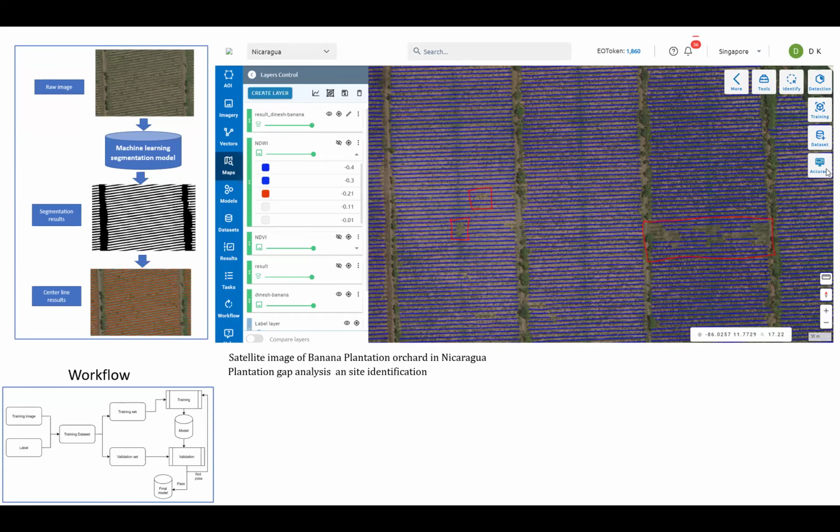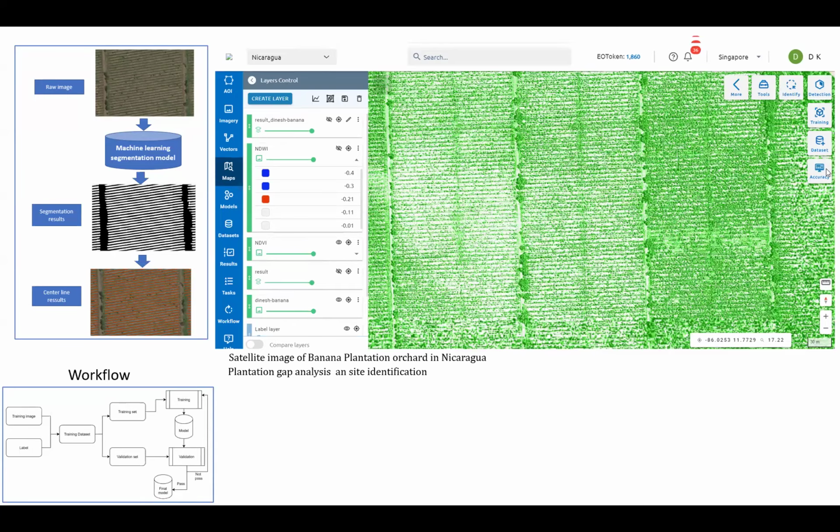The second information is the performance. What we have done is the vegetative index analysis, that is the normalized differential vegetative index, NDVI. When we run the NDVI, we can see that in the four blocks, the left hand side two blocks look very light in color, the right appears dark in color, which means that the right hand side is performing well, and the left is not performing well.